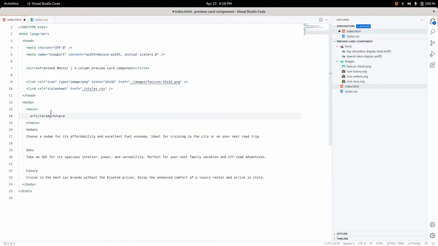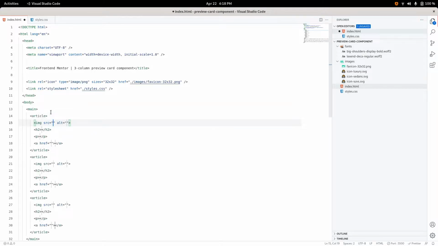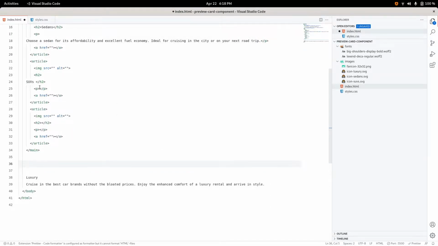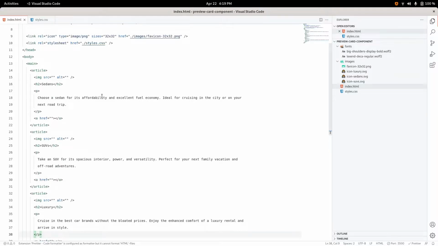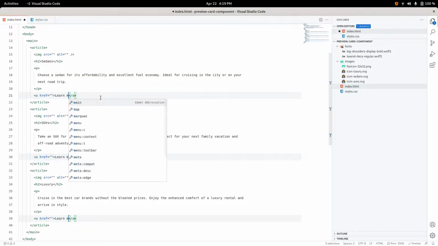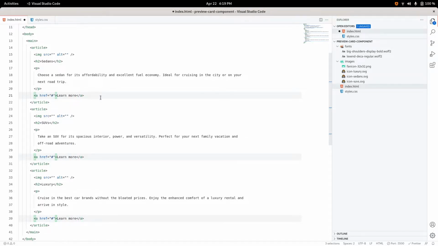There was one thing I forgot. We want to multiply this by 3, like so. So I will quickly move all my text inside those articles and then we can go ahead. Alright, next our buttons have the same text, which is learn more, and in VS Code I can select all of these by pressing Ctrl D and type learn more inside, and they will not link to any page. I will just put a hashtag in here for now,